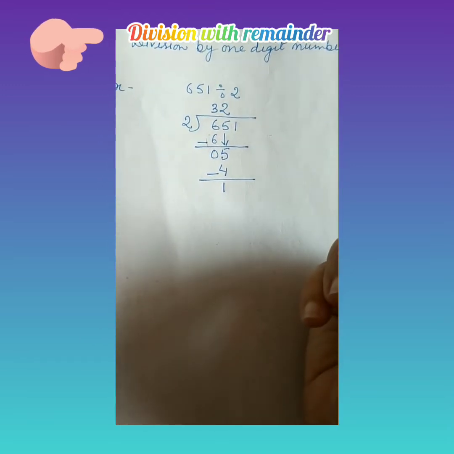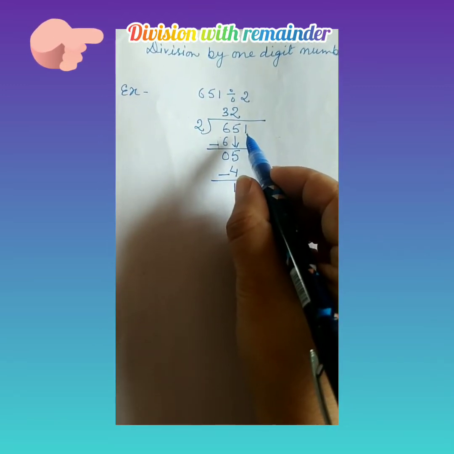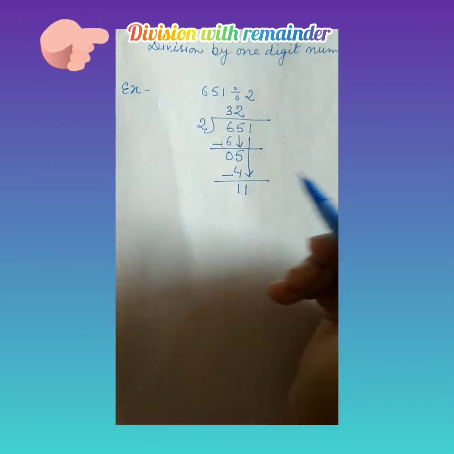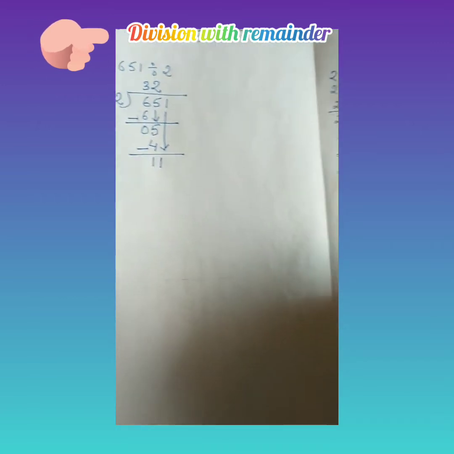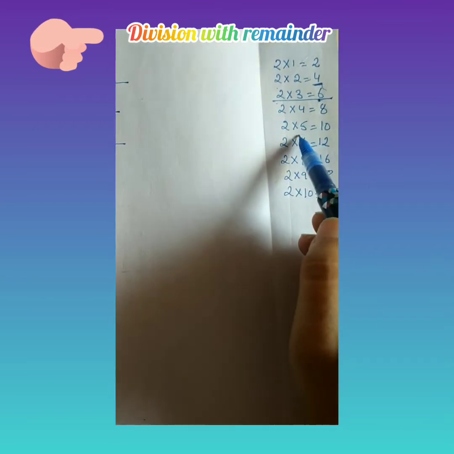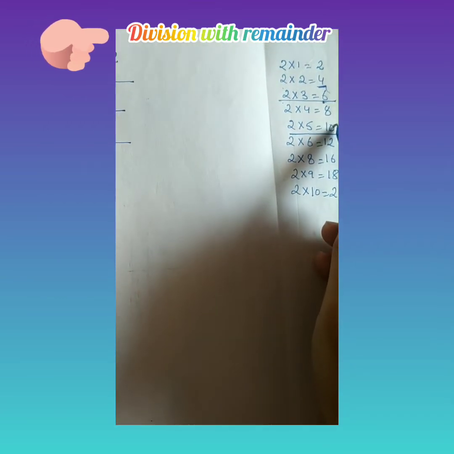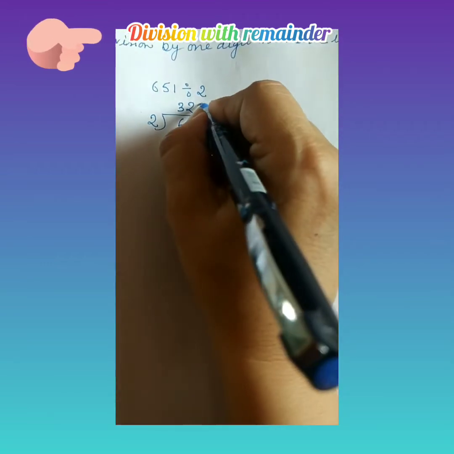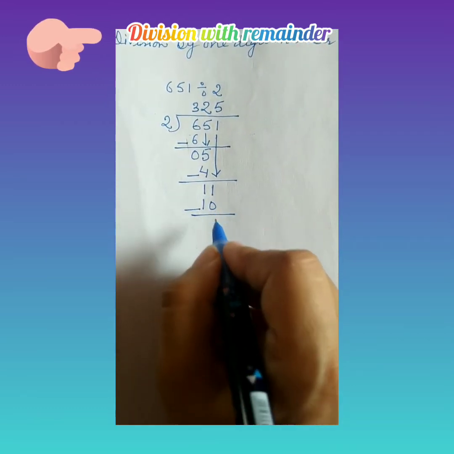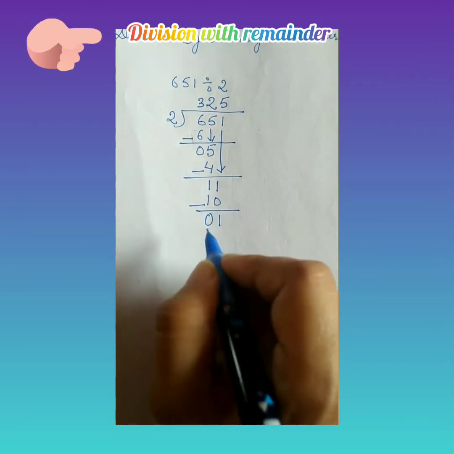Now we are left with 1. Now we are left with this digit. The last digit is 1. So we will write this 1 and this number will become 11. So let's check whether 11 is there or not. No, we don't have 11. We have 5 times 2 is equal to 10. So it will come in this bracket because 12 is more than 11. We have 11 in our question. So we will write 5 times 2 is equal to 10. And 1 minus 0 is equal to 1. 1 minus 1 is equal to 0.